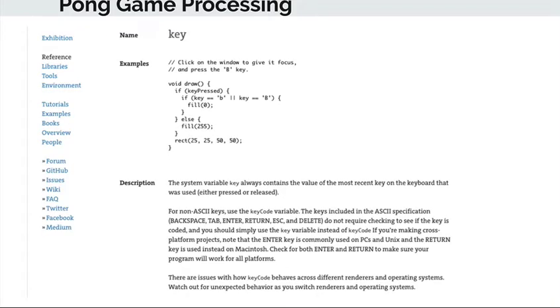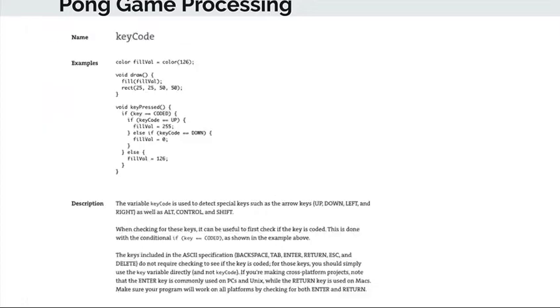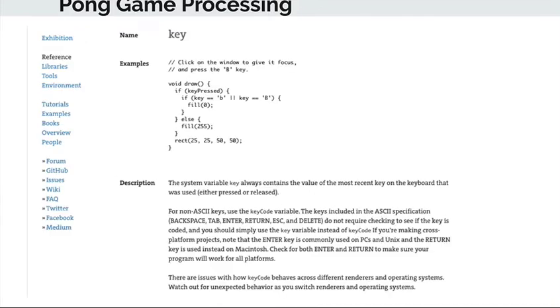Now, we can use key if you want to use any letter key. Literally, that's pressing the letter B, so you would use the same thing with the letter B. All right? Again, key is a system variable. keyCode is another system variable. All right. Now,